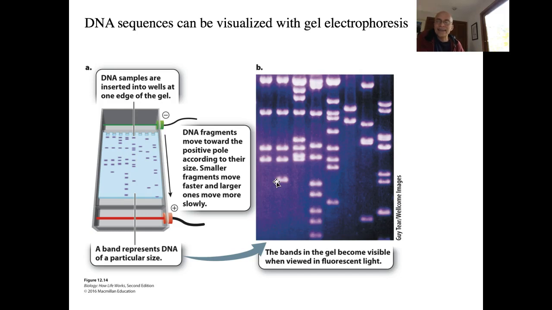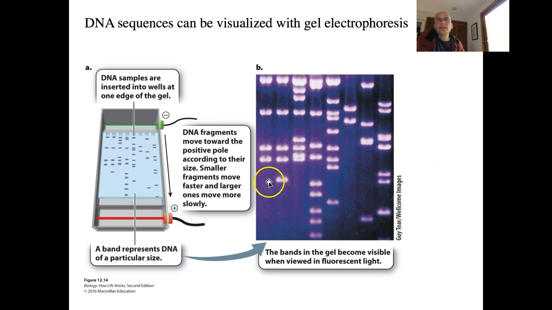So you have to add a dye that binds to the DNA, and only when it binds will it fluoresce when excited with UV light. So you shine UV light on it, the dye that is intercalated into the DNA will then fluoresce and will tell you where in the gel you have pieces of DNA. And so now you can see large pieces of DNA over here,